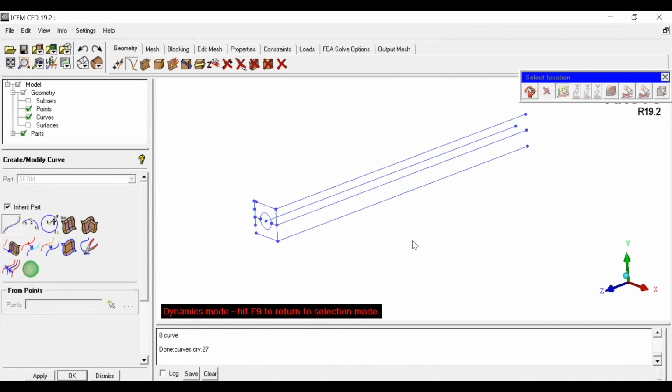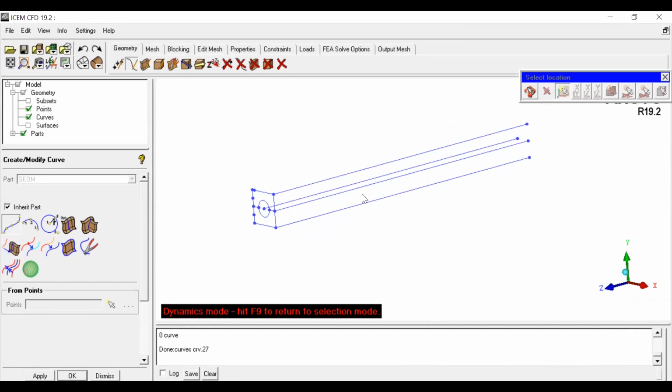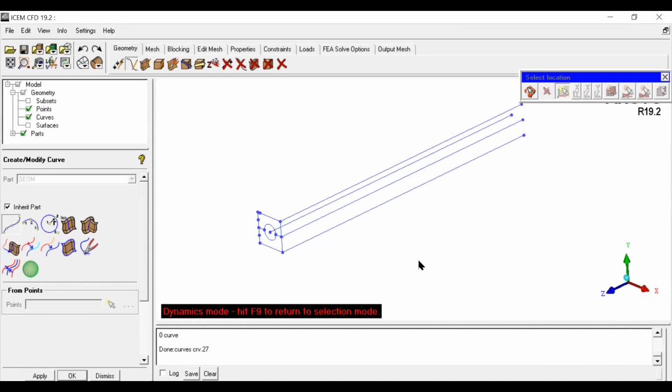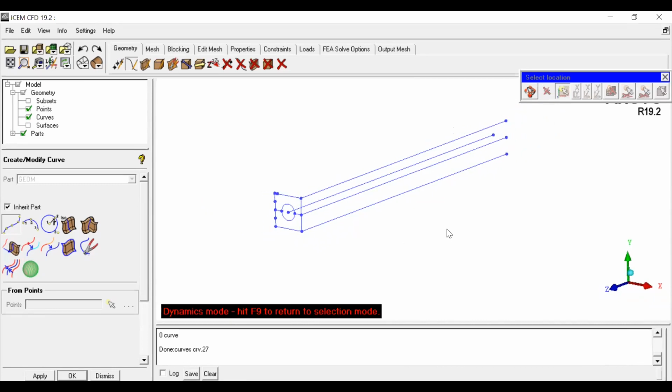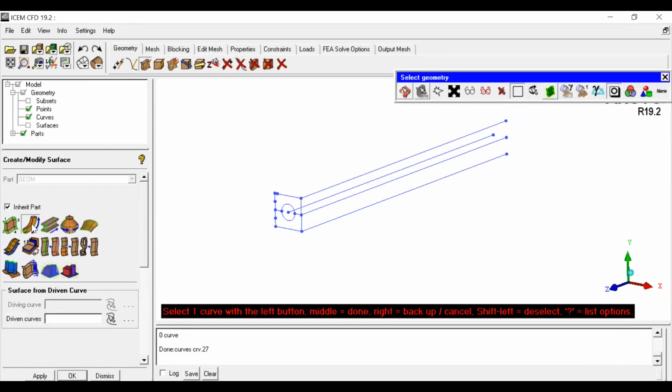Now what I want to do is create a cylindrical bar surface. Actually it is a surface. So to draw the cylindrical bar, go to the surface command, go to the curve driven command. It will ask you for the driving curve.